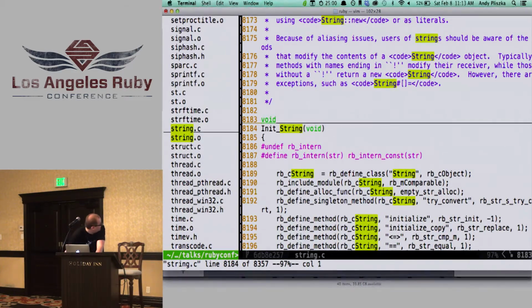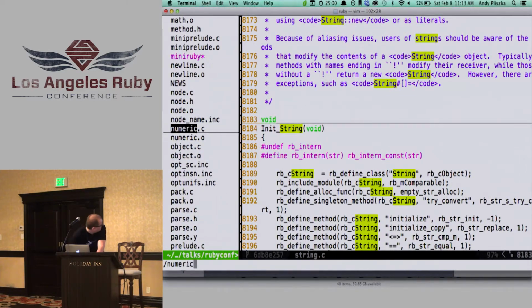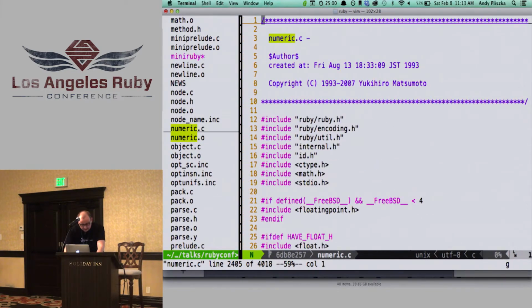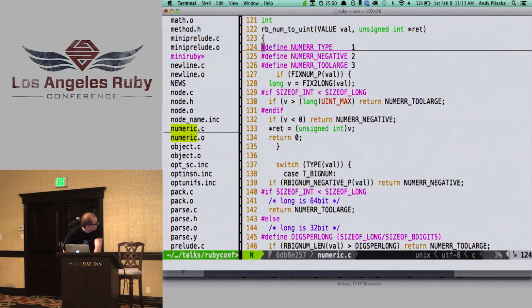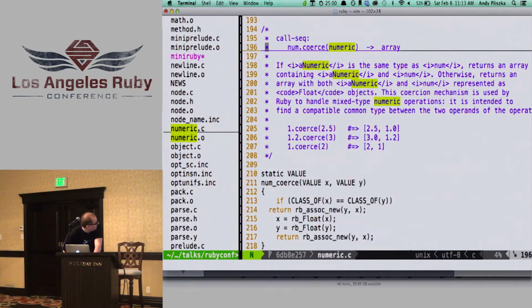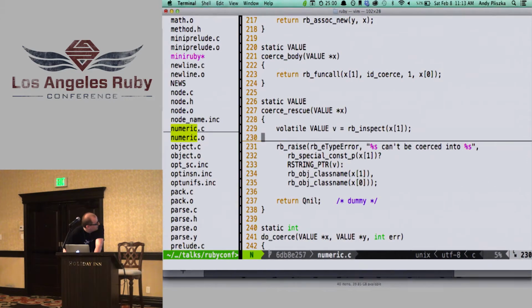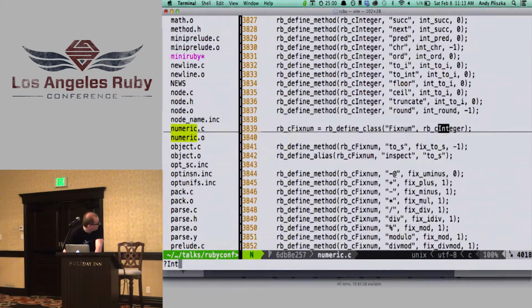For example, fixnum. I'm going to find that fixnum is defined in the numeric file. Okay, there you go. If you look at that file, the structure of the files is almost identical. At the top, you have a couple of includes. You don't have to worry about it. There are a couple of C macros, and the majority of the file is definitions of C functions that are actual Ruby methods. And at the bottom, there's always this init method,